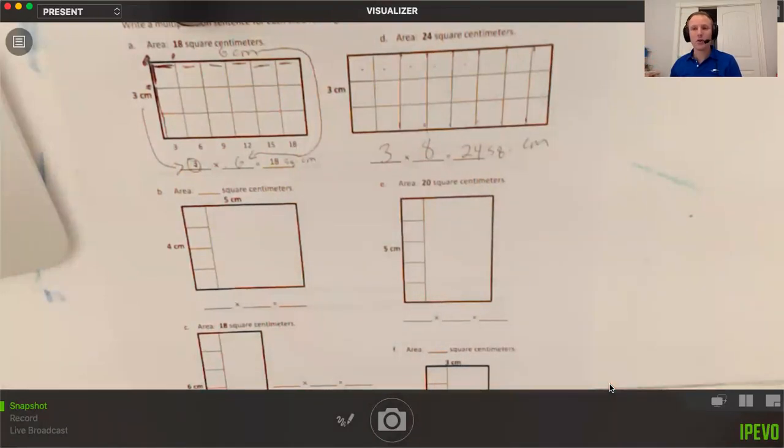And each of those levels is fine. It's fine if you have a different level of understanding than the person sitting next to you in class. Use whatever strategy works best for you. All right, the next one says